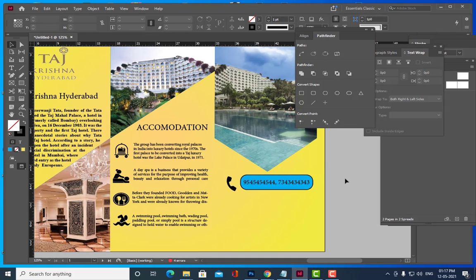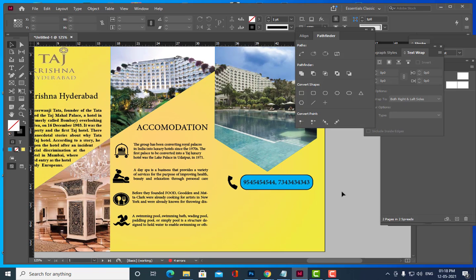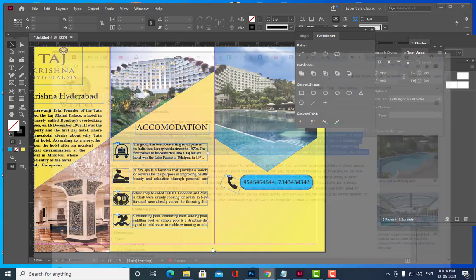Okay, something like this you can create. And then what else can we do? We can put email also. Okay, so email also we can download. I think I have downloaded it already.